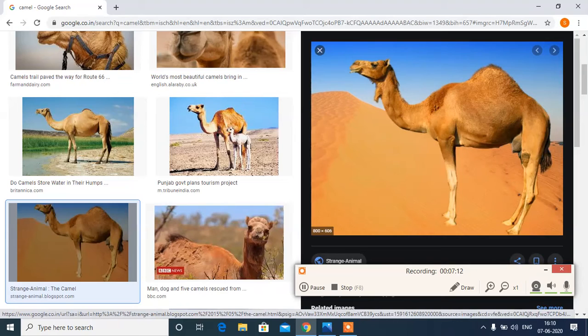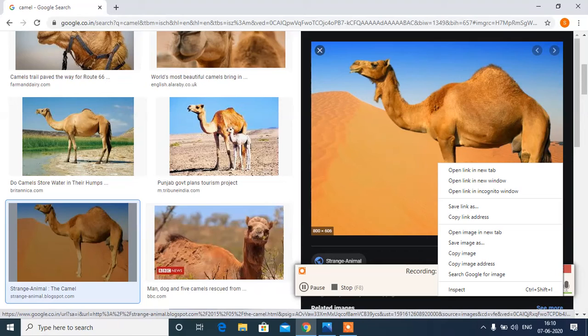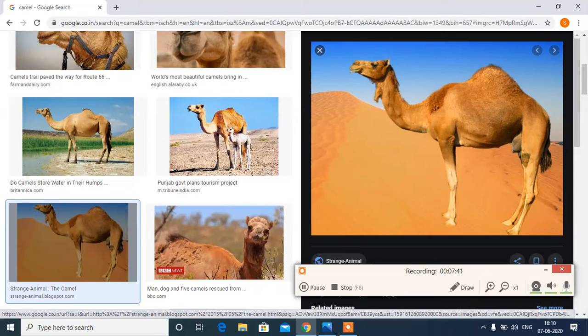To download the image, just right click on the right side image. Now here is a drop down list present before me. I read all the options one by one and choose the option save image as. Look here, save image as, and just click on this option, save image as.